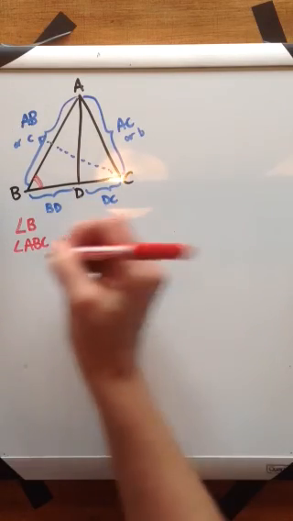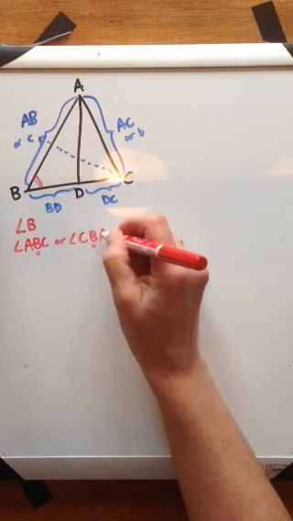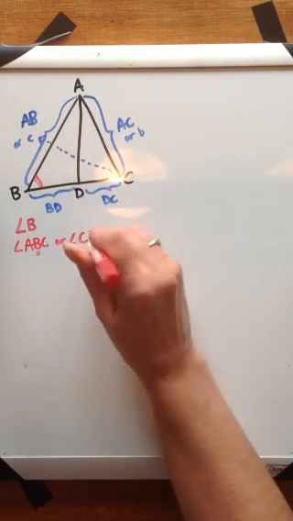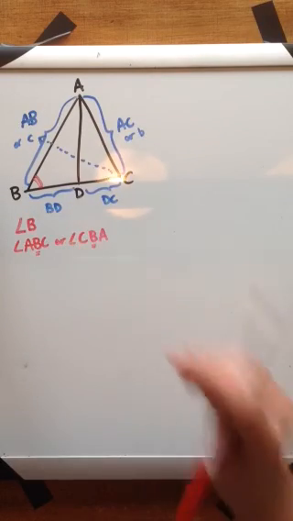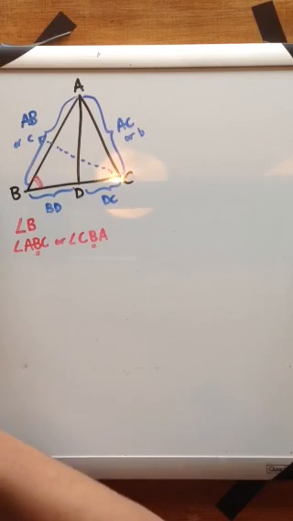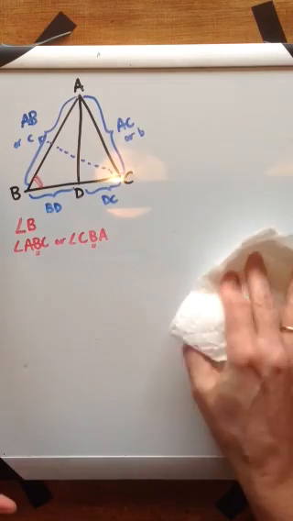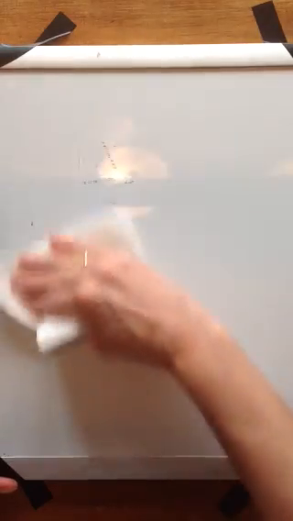I have to make sure that the corner I'm referring to is in the center of this 3-letter notation for referring to a specific angle. If it's at the beginning or the end, then it means it's not where the actual angle is. Okay, so just a little review there on how to label triangles so you can communicate your ideas very, very clearly. All right, now, in today's lesson, what